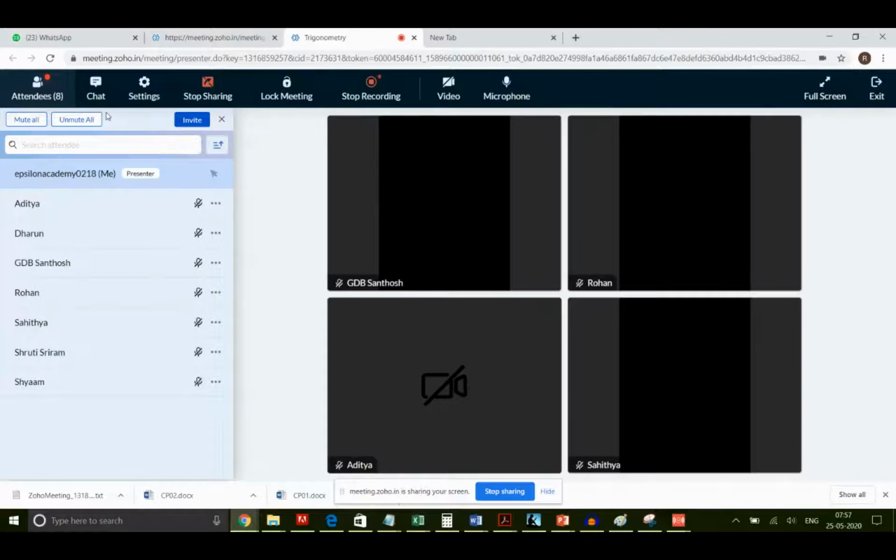So I followed the same procedure. I have completed sin square x plus cos square x whole square minus 2 sin square x cos square x. So sin square x plus cos square x will be 1 minus this 2 sin square x cos square x. How will you handle it? You can multiply with another 2 and divide by 2. Then this becomes 4 sin square x cos square x. So it will become 2 sin x cos x the whole square. So 2 sin x cos x is going to be sin 2x.